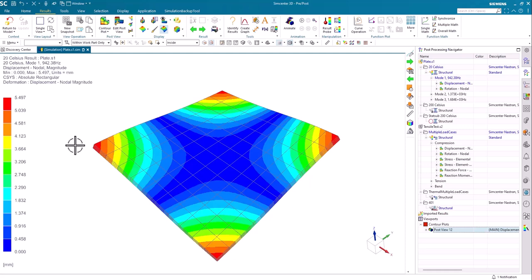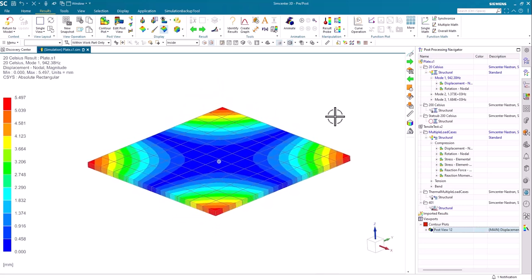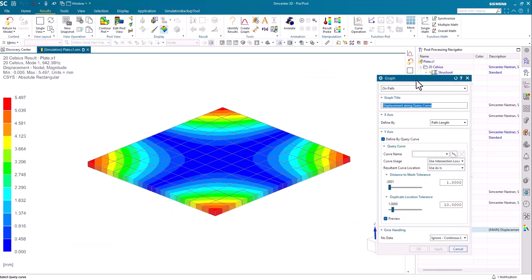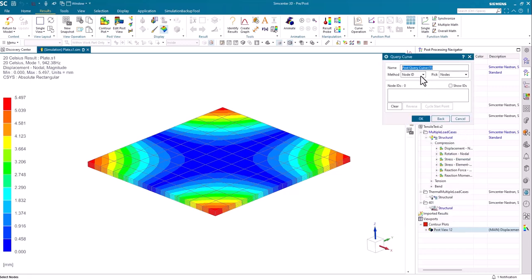and then I'm going to want to generate some graphs. So for example, I wanted to graph the displacement variation from one plate corner to its opposite corner. And so maybe I will turn off the deformation, and then I'm going to go into the create graph command. I'm going to create a graph along the path of the query curve, and in this UI I'm going to create a query curve. And so go in here and say create a new query curve,